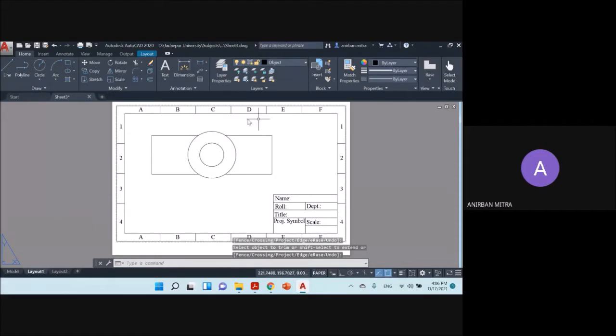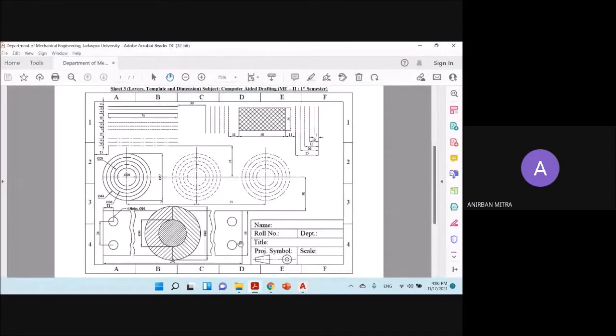So the outline of this object is coming out okay. So these lines are required. That's one line. I'll join the quadrant points of this circle and create the other line. If you compare it with this, you have created the core object already.